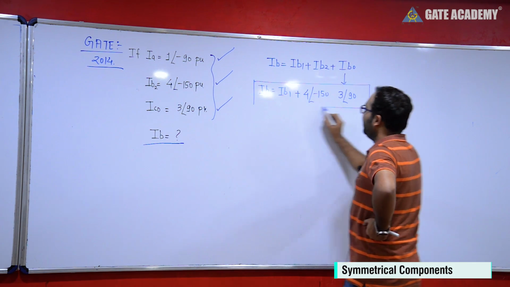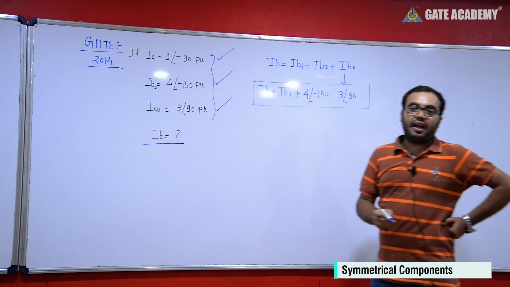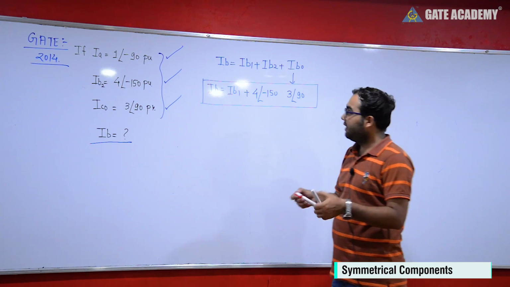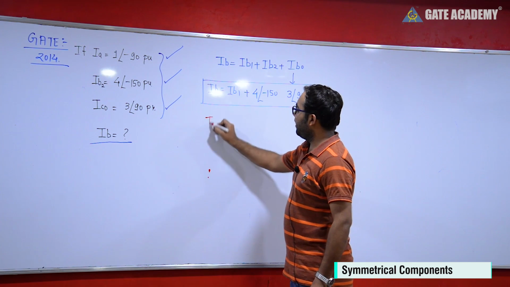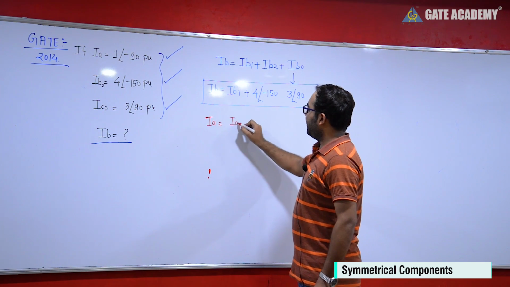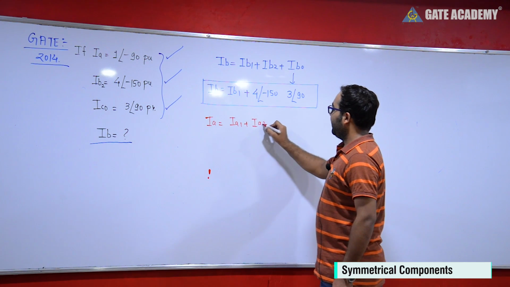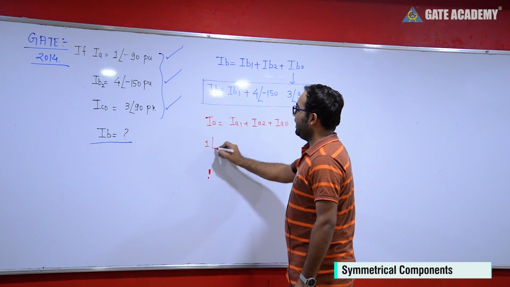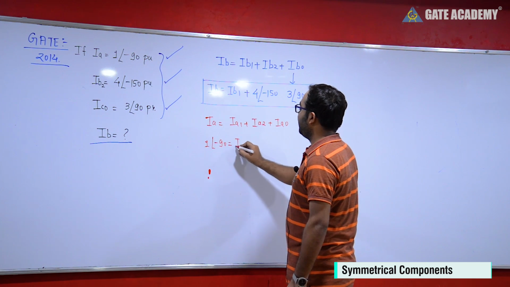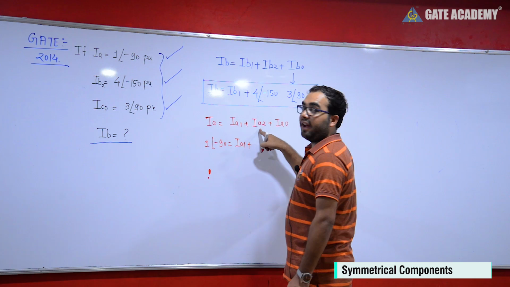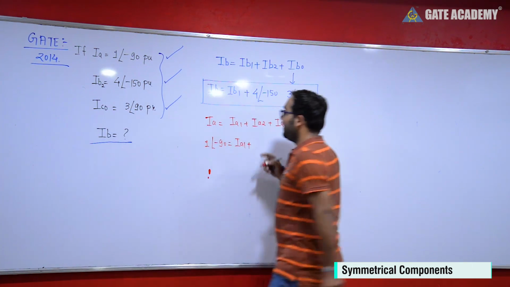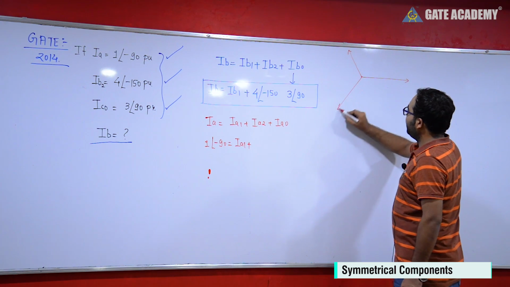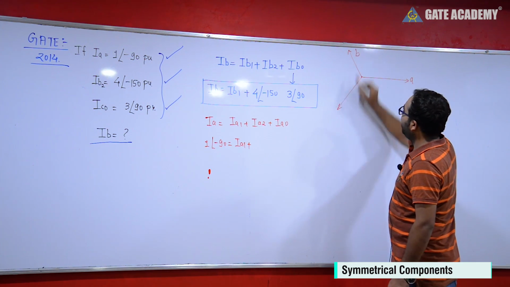So where will IB1 come from? The reference is IA1, IA2 and IA0, and the value of IA is given. So see here, we have to use the value of IA. The value of IA is equal to IA1 plus IA2 plus IA0. It is given as 1 at an angle minus 90. We don't know the value of IA1, but we can find the value of IA2 through IB2. This is negative sequence, and we know negative sequence follows the opposite of the supply sequence. So if ABC is given, it will be A, B, C.